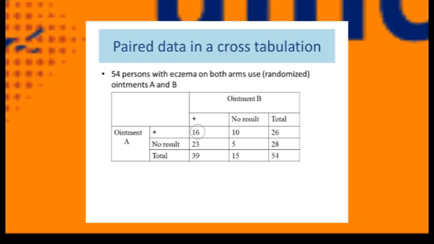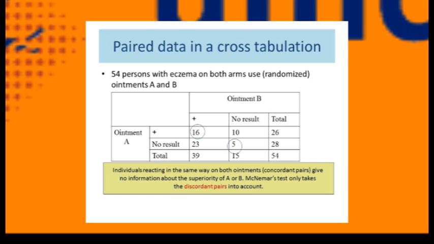16 individuals considered both ointments to be successful. 5 individuals said that both ointments were not successful. These 21 individuals, so-called concordant pairs, give no information about the possible difference between A and B. The null hypothesis states that both ointments have the same effect. If this is true,